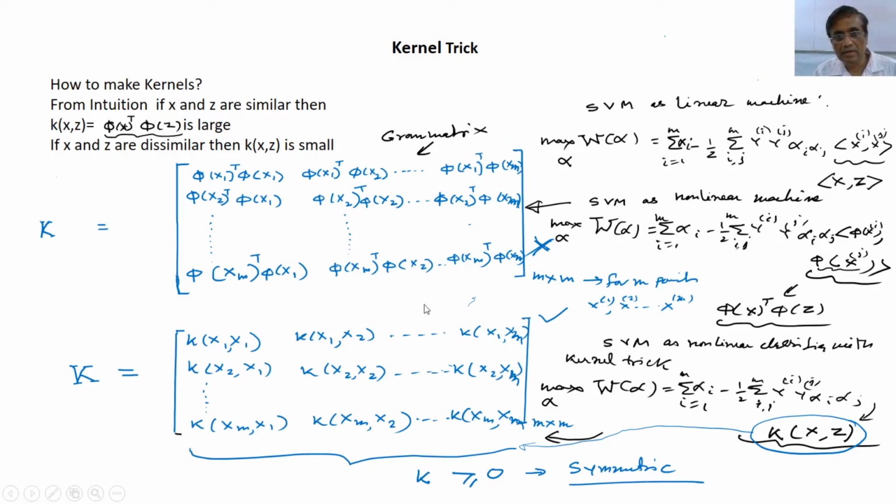So, this is a wonderful kernel trick, and of course, this kind of matrix, when the elements are dot products, is also called the gram matrix. This is very important to know. You should not have any confusion between the kernel function and the kernel matrix. And we will talk more about this in the